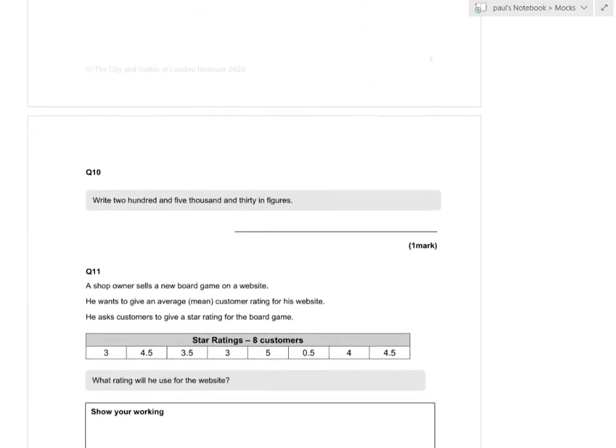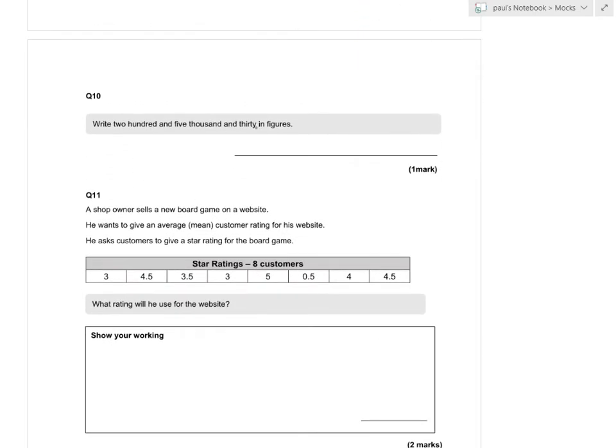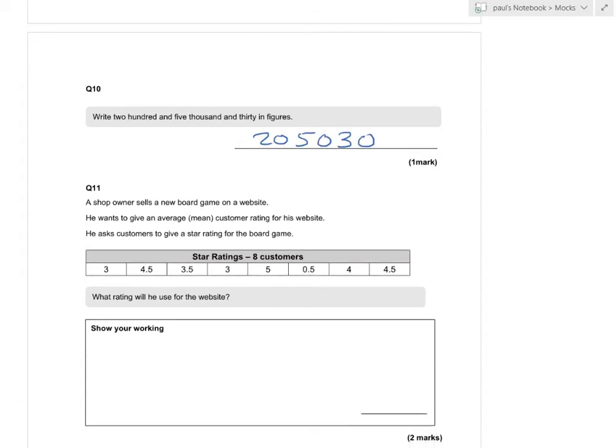Got it. Right. Write 205,030 in figures. So,